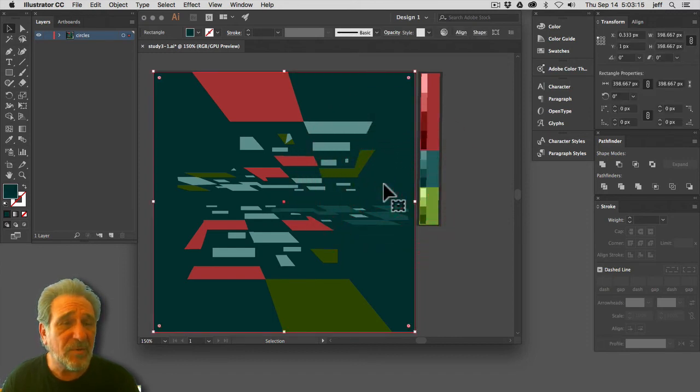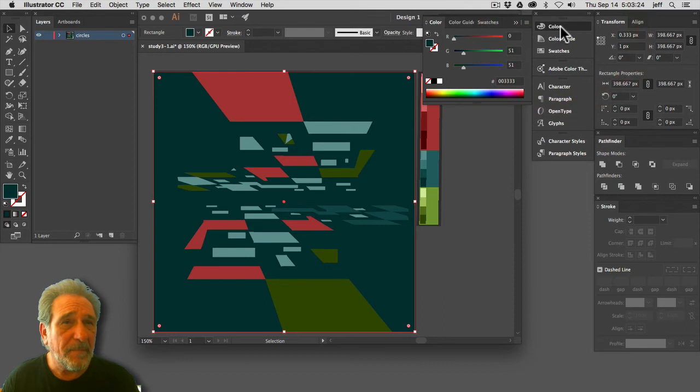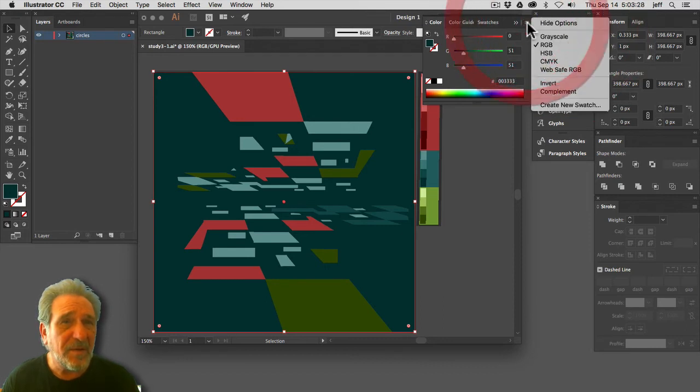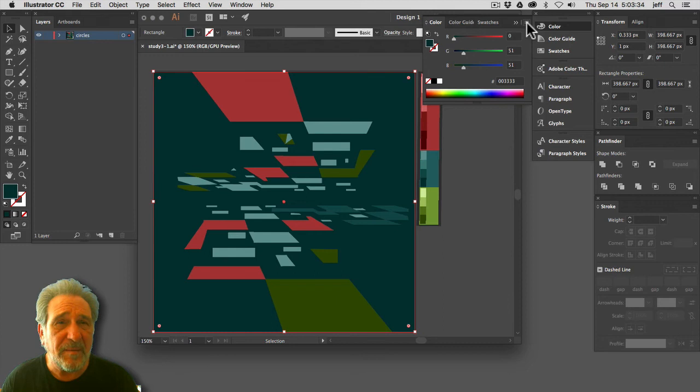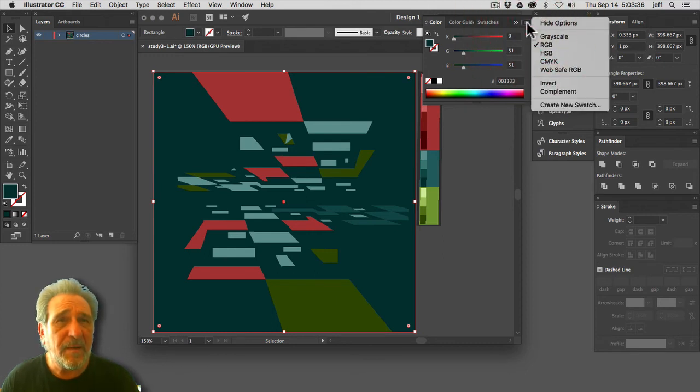Say, for example, you want to make the background a little lighter, but not as light as one of the other versions, right? So you can go into the color, and here you have some options, okay? So we have RGB, HSB, CMYK, and WebSafe, okay? You get that from this little hamburger menu up here. The easier option, and if you refer to the book, I talk about the different color models that you have,